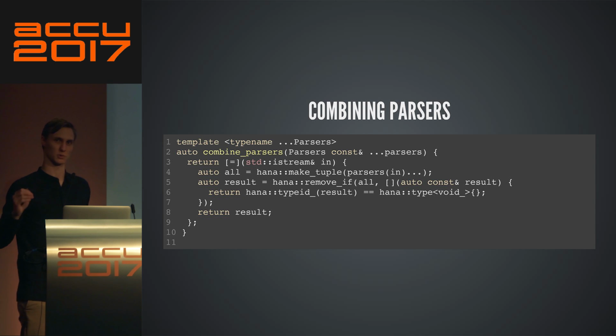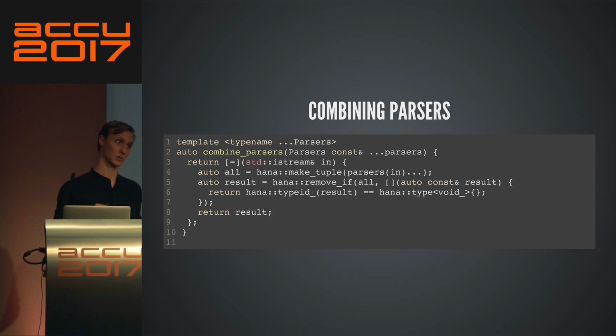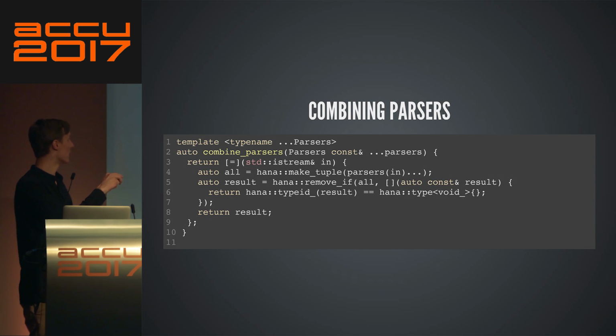Each of these parsers returns its result, the thing that it parsed. And by the way, by parsing, they update the state of the input stream. So they're advancing the stream. But the literal parsers, which I want to get rid of, return void underscore. So I'm still getting that in this tuple here, and I'm going to remove them afterwards.